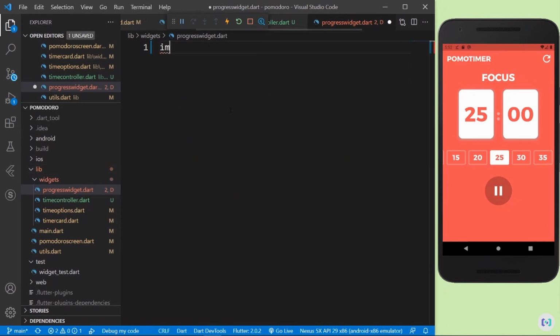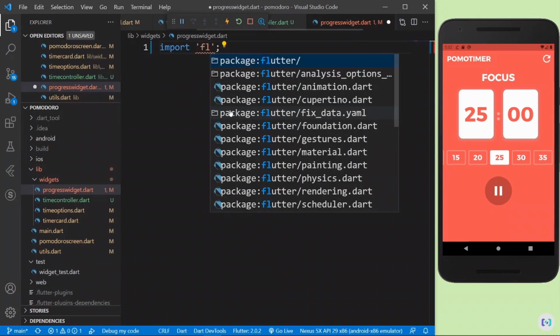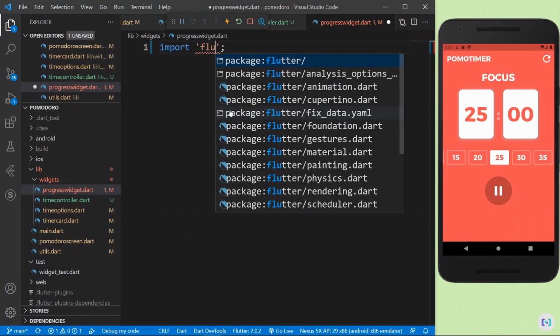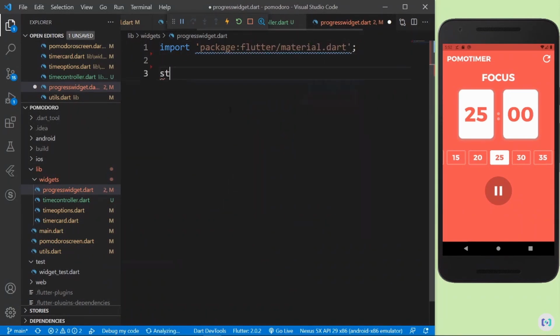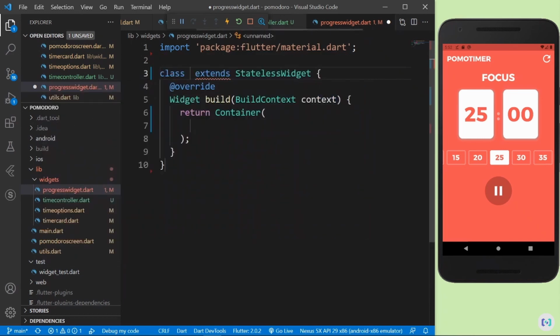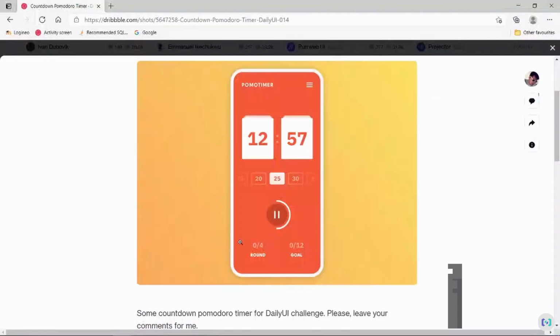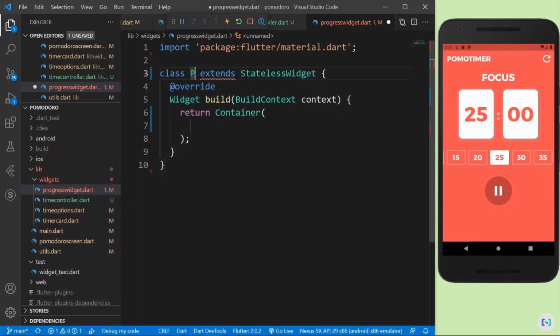Again, I'm going to just import Flutter material.dart. I'm going to create a stateless widget because I won't have a set state or something like that. And the progress widget is pretty simple. We just have a column, and in that column we'll have two rows. You can see one column, and then in the column we have two rows. This is the first row, this is the other row. So I have to just give a name for this. So I'll say progress widget,